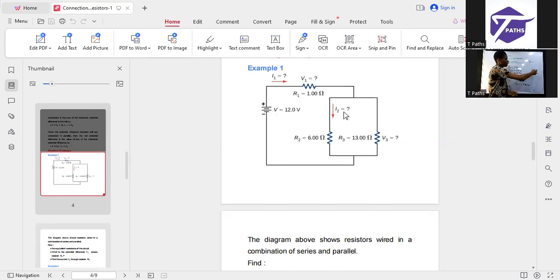R2 and R3 are going to have the same potential difference. But then the sum of the potential difference of R2 and R3 with that of the potential difference of R1 is going to give me the potential difference of the source of the circuit, which is 12. Don't forget, I said when resistors are connected in series, their net potential difference will be the sum of the